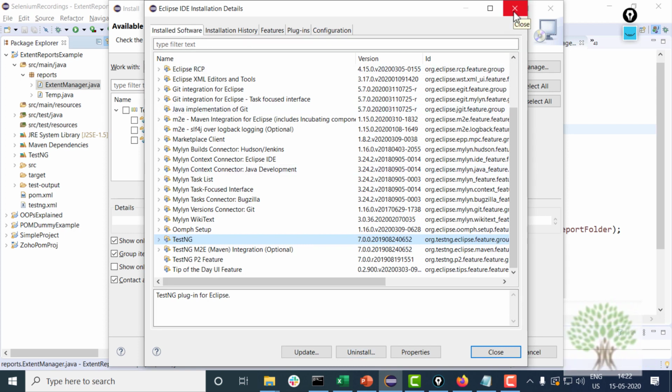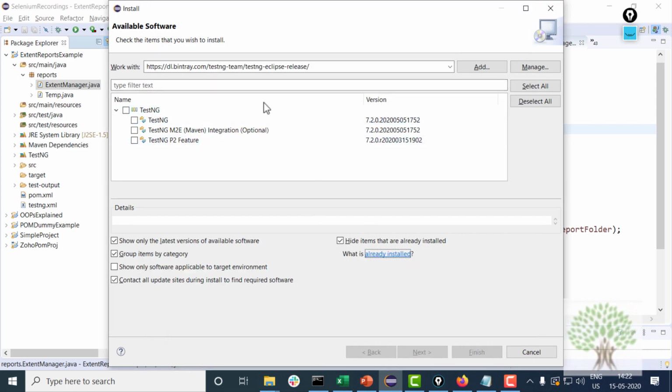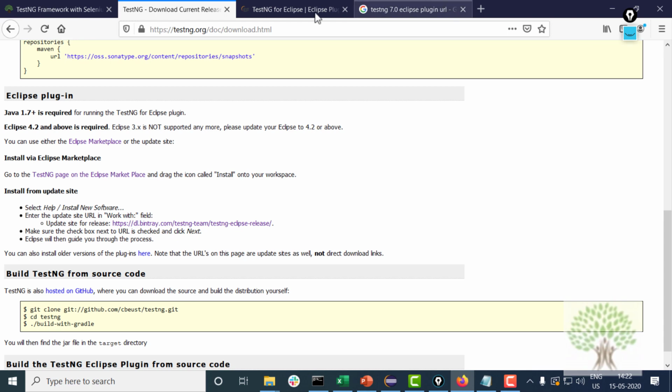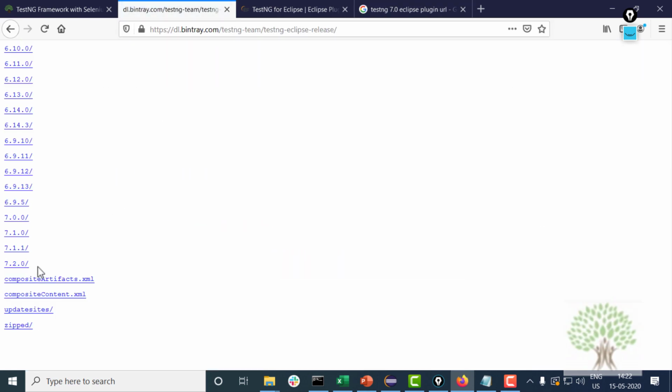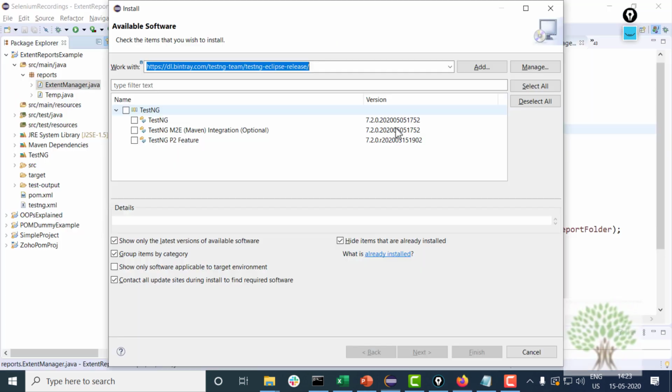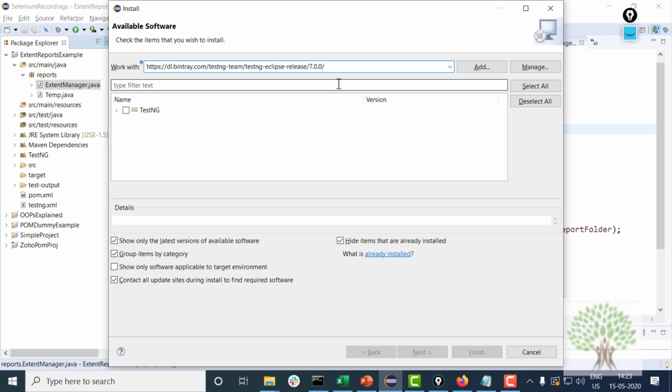Once you have uninstalled it, and if you want to install 7.0, then just copy this URL again and go to this particular URL. By default, what Eclipse does is that it takes the latest version. You have to install 7.0, so just click on 7.0, copy the URL, come back to Eclipse and paste the URL for 7.0. Expand TestNG, and in my Eclipse already 7.0 is installed, so that's fine.